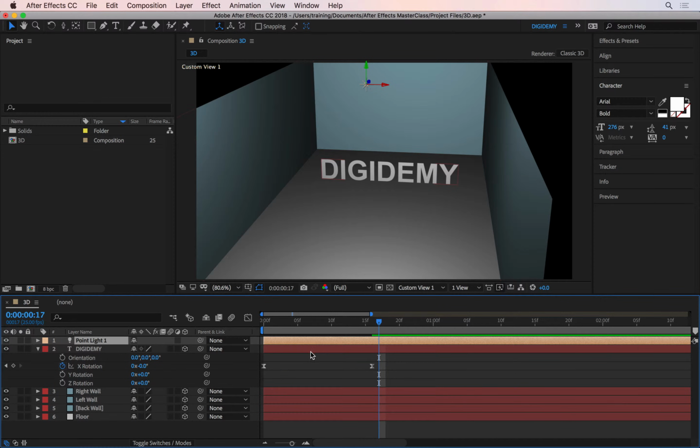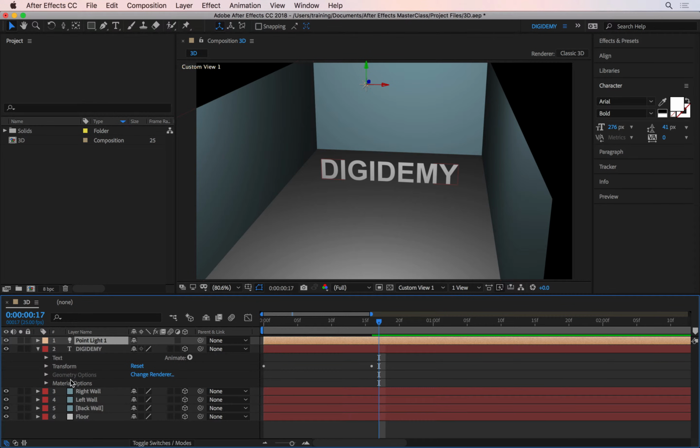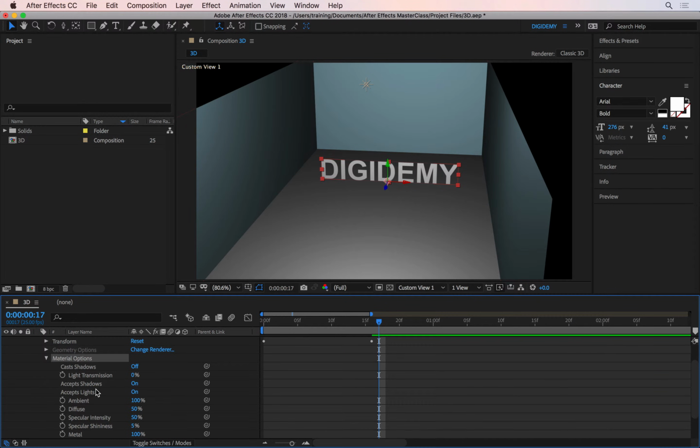Now, in order for you to cast shadows, you first need to turn the shadows option on in the light. And you also need to tell the layer to cast shadows as well. So in this case, we want the text to cast shadows. And we do that by first collapsing the text and then opening that up again. And right towards the bottom, it says Material Options. The Material Options refer to the 3D behavior of the layer. If I now go and turn this Cast Shadows option on as well, you'll now start seeing the shadows on